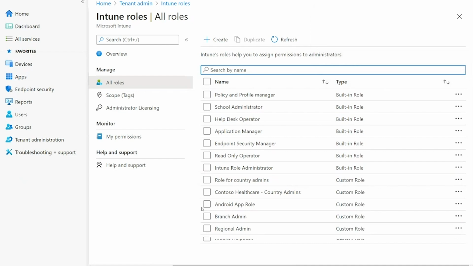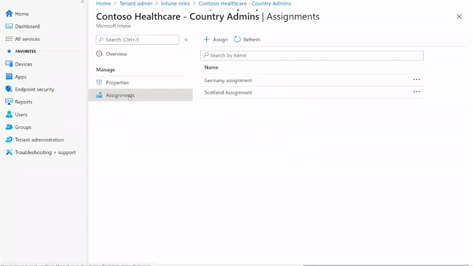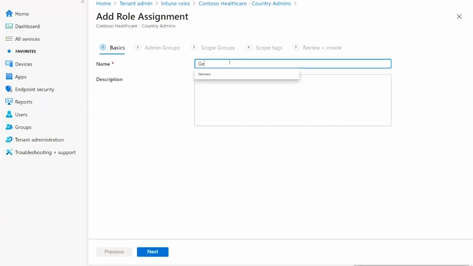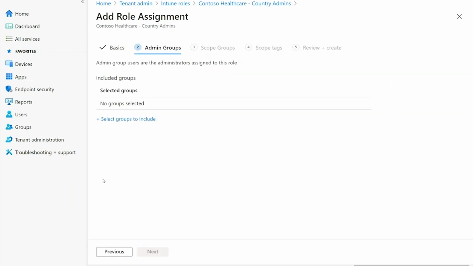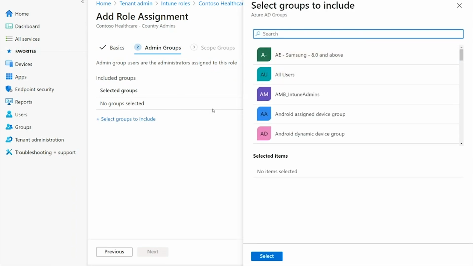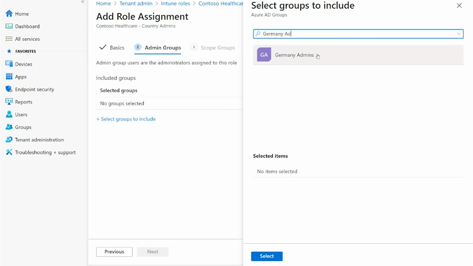Now we need to do the most important part, which is adding assignments to this role. So I'm going back to the role that we just created and I'll click on assign. Let's call it Germany assignment. There's the name and description. Under admin groups, we select Germany admins.